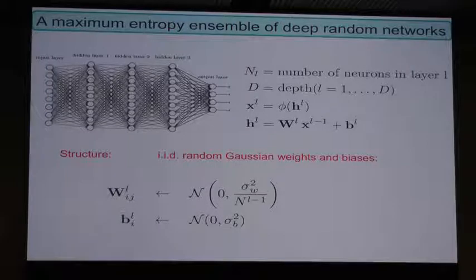So this is the dynamics of the network. You have inputs to a neuron that go through a pointwise nonlinearity, and you have linear summation from the previous layer. So this is standard neural network dynamics. We're going to choose the weights to be IID from a Gaussian distribution. I'm going to scale the variance of the Gaussian distribution to be 1 over the width, so that as the width goes to infinity, this ensemble has a well-defined limit. And the biases will be order 1, so they compete on the same footing as the weights. The biases are also IID from some distribution. The important parameters of the distribution are the variance of the weights and the variance of the biases, and they interplay against each other in an interesting way.